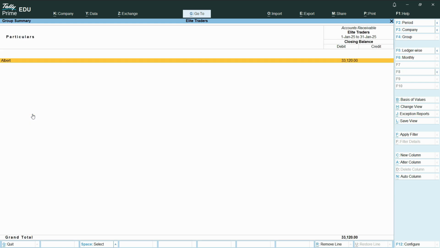We just hit enter and it will take you to the details of that. And as we can see, all the customer balances will show up here. Now, why is it showing only one customer? That might be because the other customers have already cleared this balance and only we need to receive from this particular customer. And if you want to drill down into the further details of this particular customer as well, just